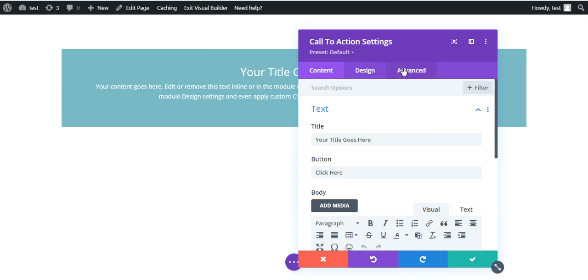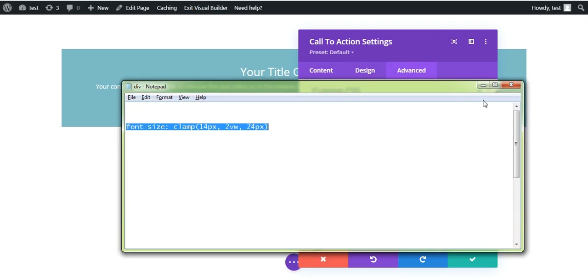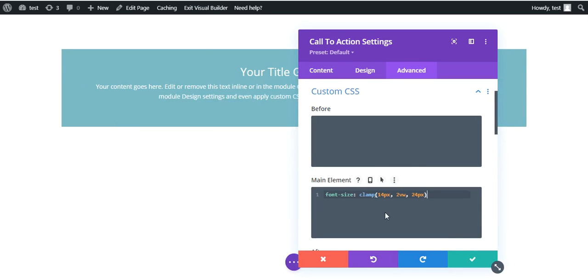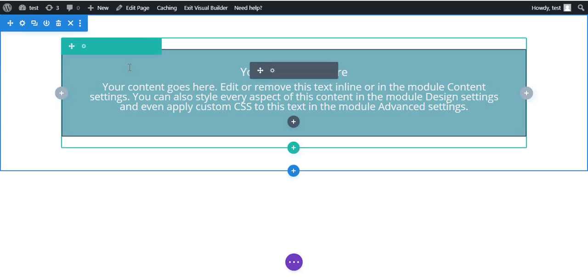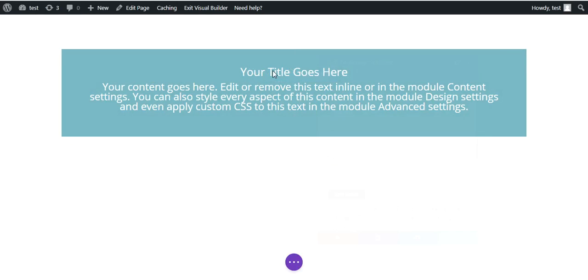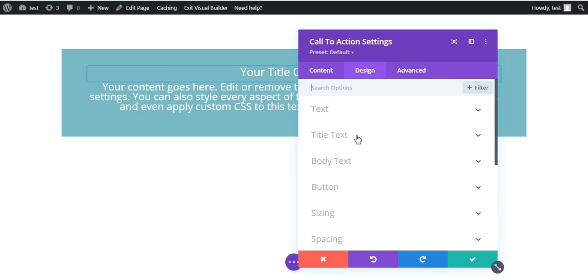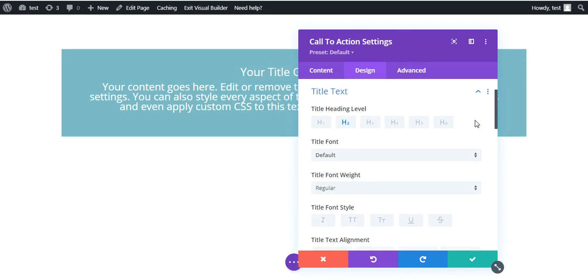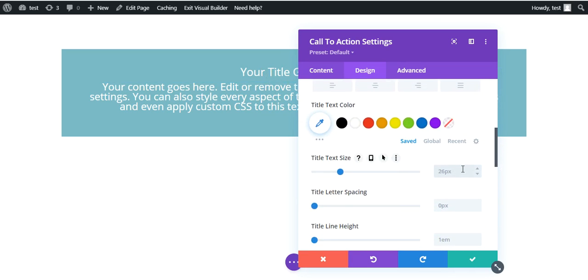So now this is the new page I have created. The same way, let's add the custom CSS, copy the font size property and paste this. And now what we need to do is give all the values as em values. So if I see the title, let's select the title, and we are going to give the font size not in pixels, but in 1.2 em.